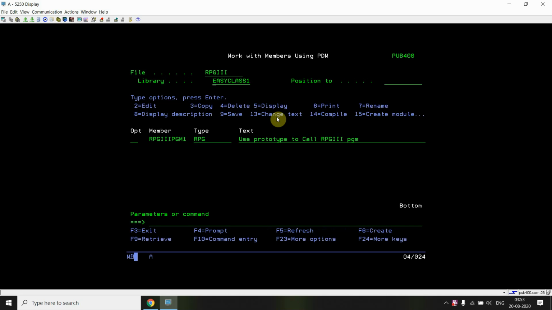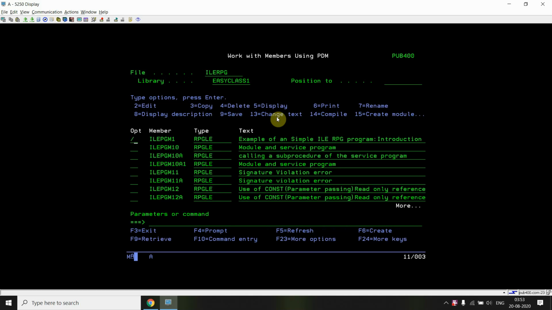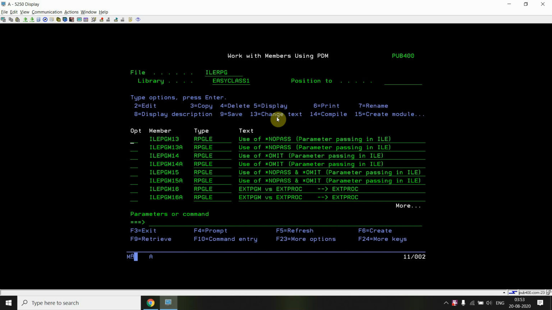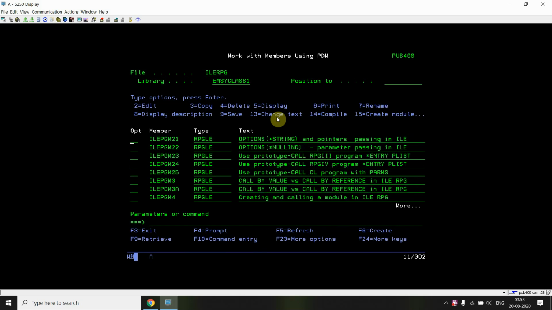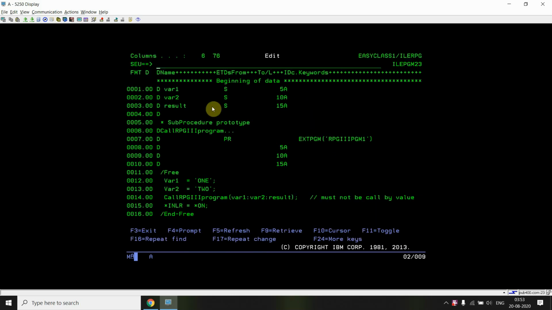Now I'm going to call this program from an ILE program. Just see this example where I'm calling this RPG3 program having an entry parameter list.